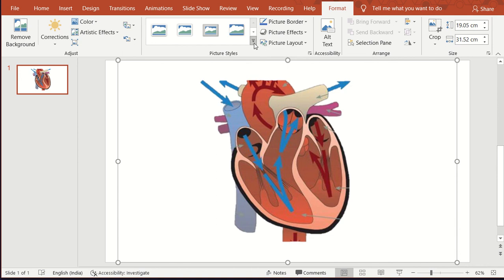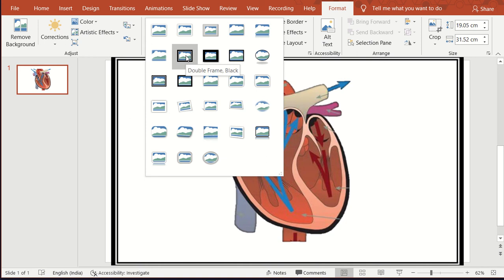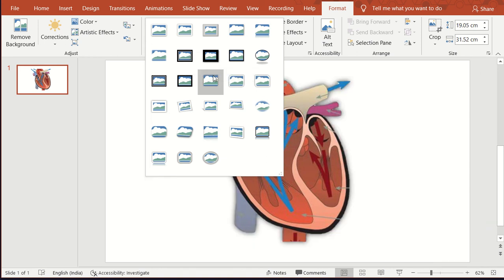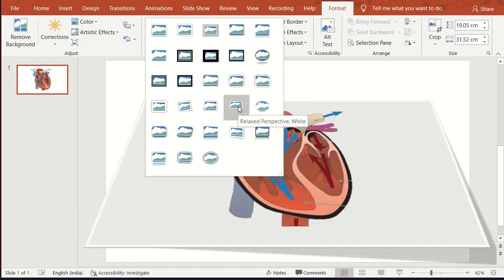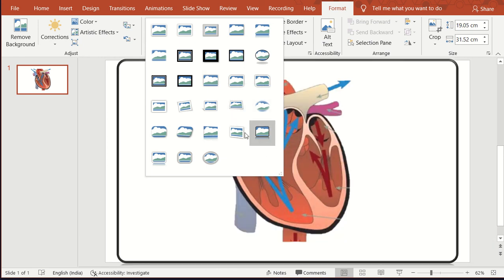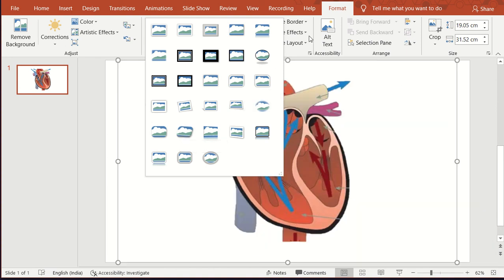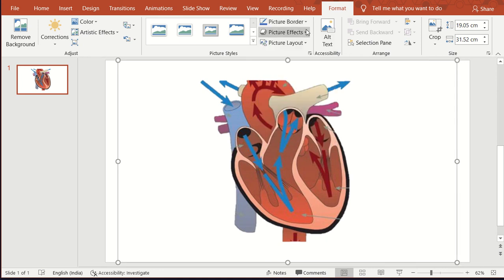Apart from that, it also gives me an option where I have to highlight the borders of the picture altogether. I can go ahead and select it. These are the various themes which are available. You can even give your picture a three-dimensional image altogether. You can select from all these options which are available to you. If not, if you want to adjust the border of the picture yourself, these are the various picture color borders which are given, from which you can select depending upon your need.